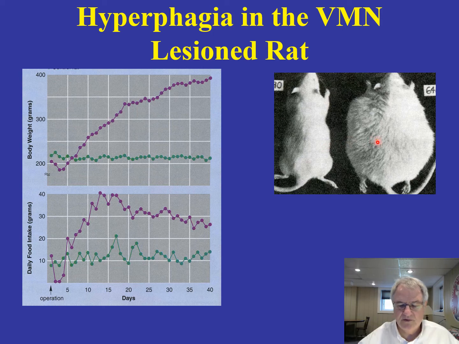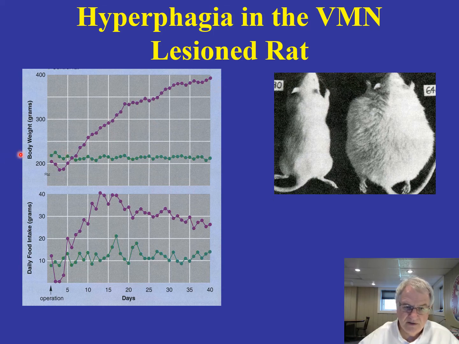Here is a rat that has this area of the brain, the ventromedial nucleus, lesioned, and you can see dramatic differences between the two, where the animal that's been lesioned, and again, we'll take a look at its body weight here in the purple, just goes up and up and up. I mean, they become eating machines. A 200-gram rat, by the end of a 40-day period of time, having received this lesion to the brain, they double their body weight.